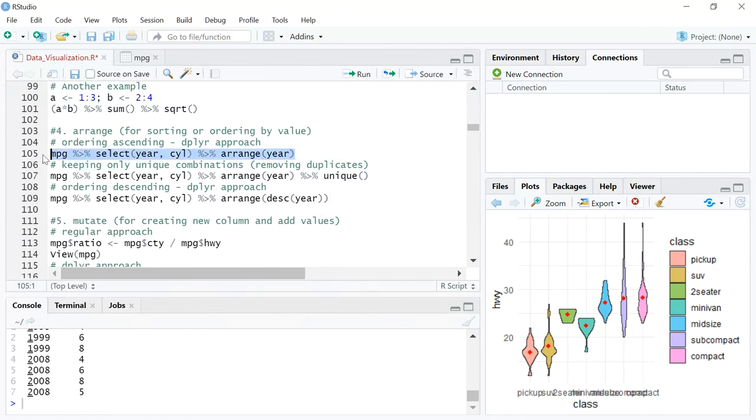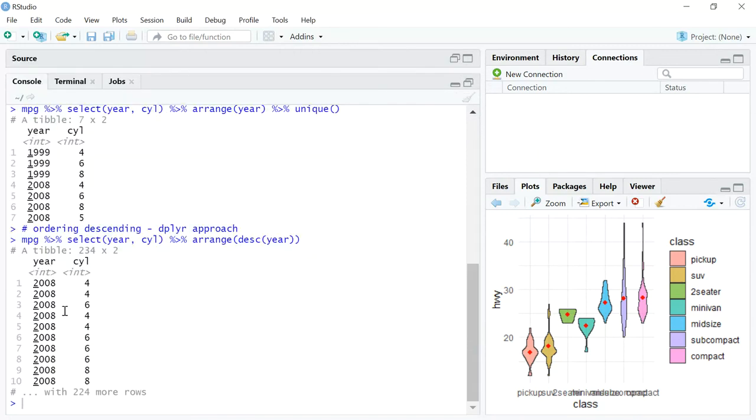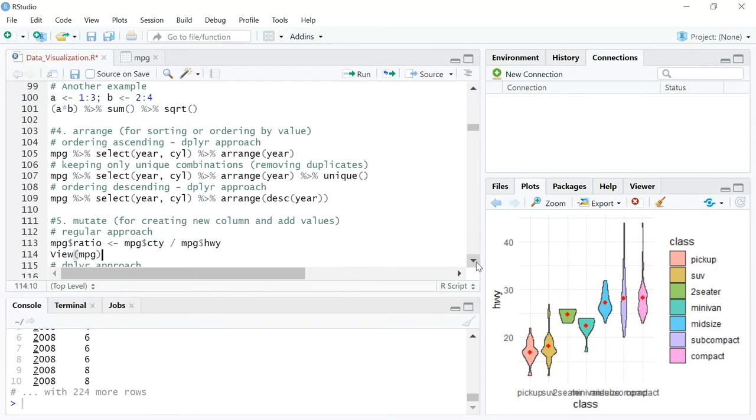So we have ordered in ascending order. If you want to just order it in descending order, the only change that you need to make is you just need to call the descending function. You write the variable which you want to order and you just say DESC and then put it in the parentheses. So the same thing that we saw earlier, which had 1999 only coming up in the top 10 observations, now has 2008 coming up in the top 10 observations. Fairly simple, I'm guessing. If you have got any queries, please feel free to put it in comments, and I'll try and come back on some of these at least.